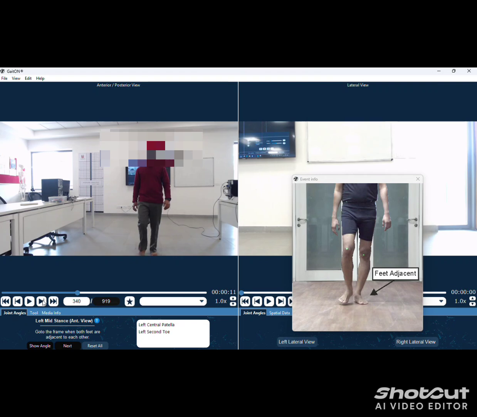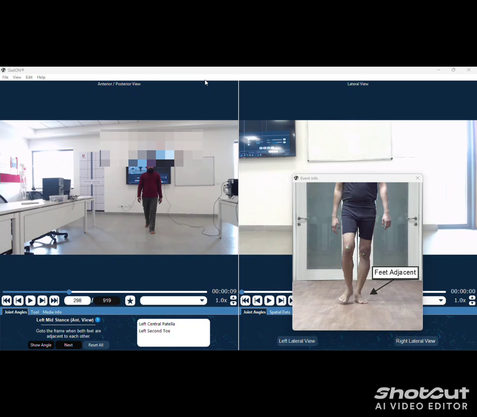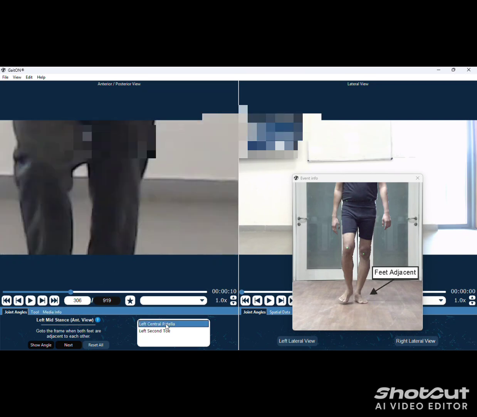When we get the same frame like the example video, then we place the marker. In this frame, we are similar to the example data.